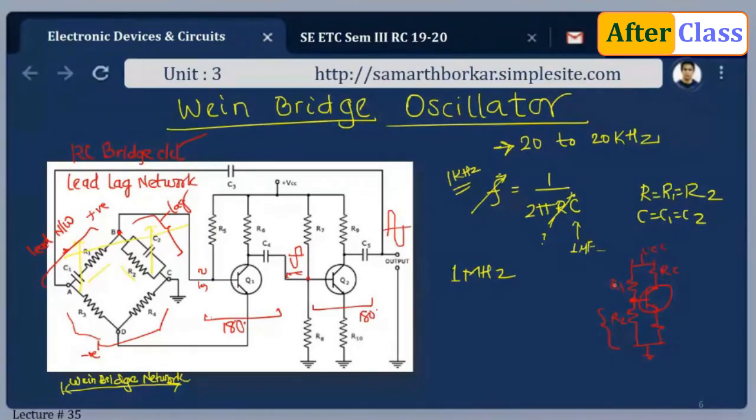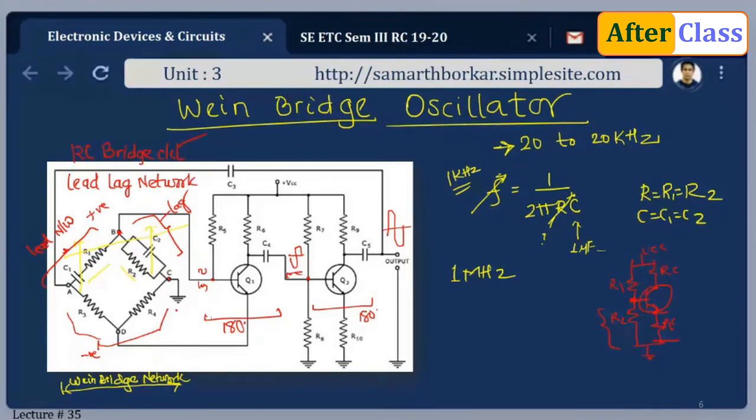R5 is as good as R1, that is for the biasing. And what about R2? From the base, look out for the second terminal. The second terminal is here, it goes to the ground. So instead of R2, we are having a parallel combination of R2 and C2. And here, normally we have RE. So in case of RE, we are having this resistor R4 and C from the emitter to the ground. From the emitter to the ground, we have this network.